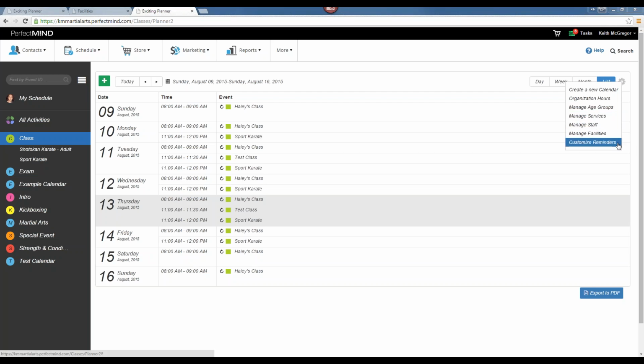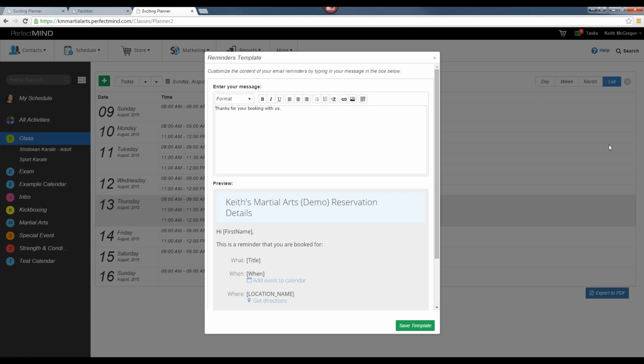Now that being said, what I would like to do is start going through some of these settings. So let's look at customized reminders first. A customized reminder is when we make a course, a program, or an event on the calendar, we have the option to create a customized reminder. This is a reminder that goes out potentially twice, and it's a reminder to the contact that something is coming up. Now we can choose when these reminders go out and we can say what's going to happen for this